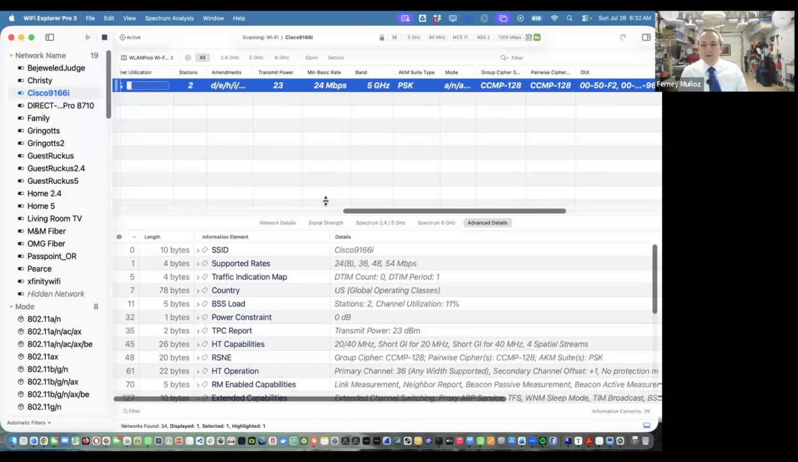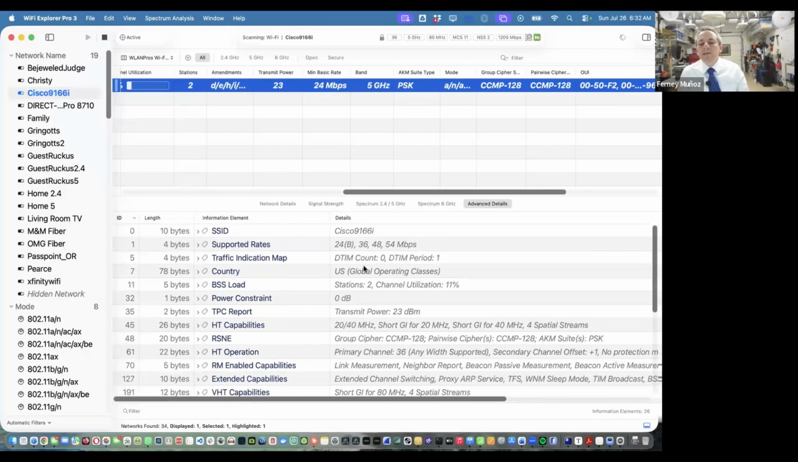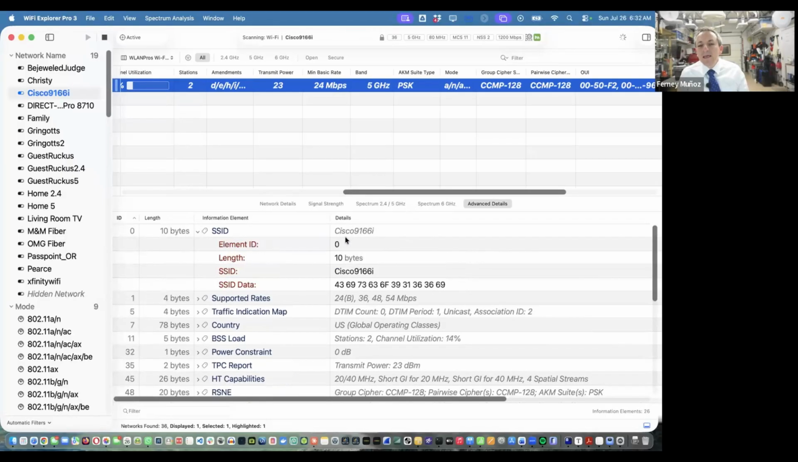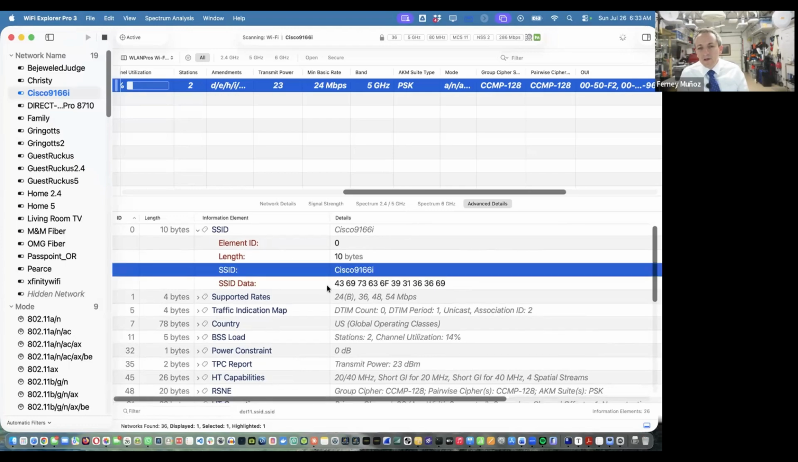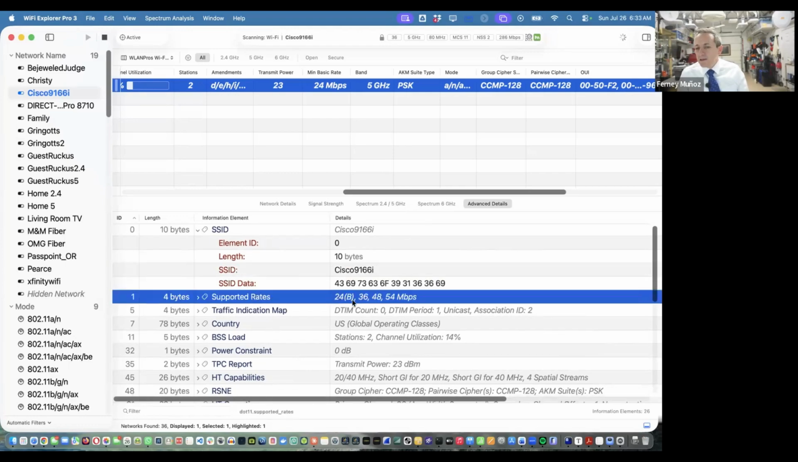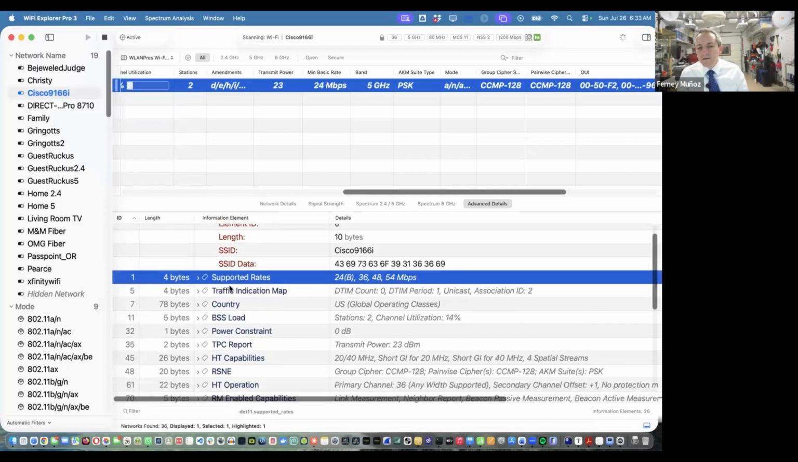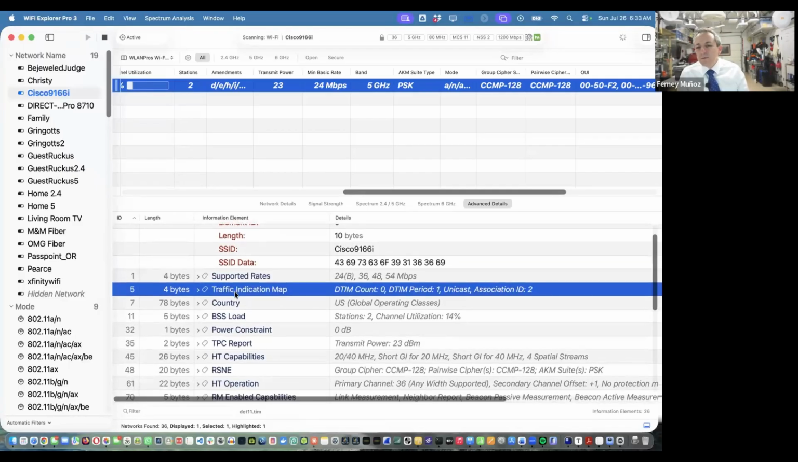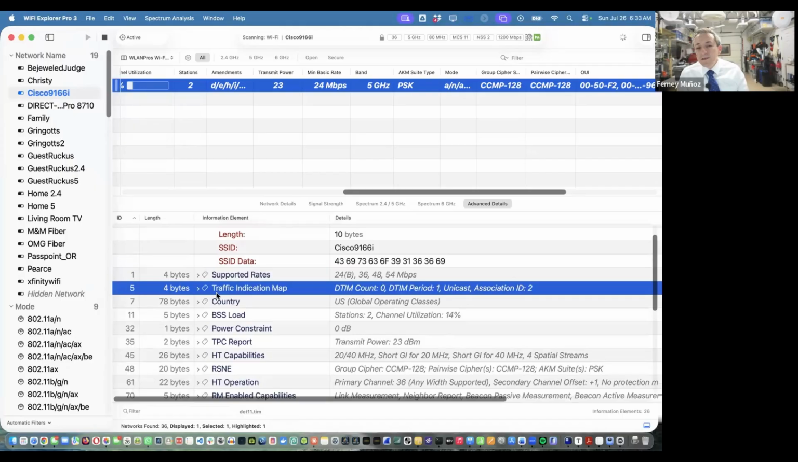move this guy up a little bit. It's going to show me what's in that beacon or that probe response. It has the name of the network, the SSID, Service Set Identifier. That's the name of the network. The supported rates. This one is at 24 megabits per second. Traffic indication map. This one is actually